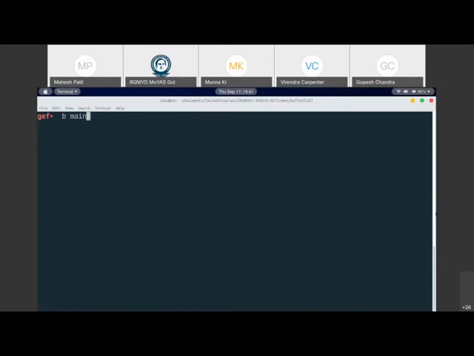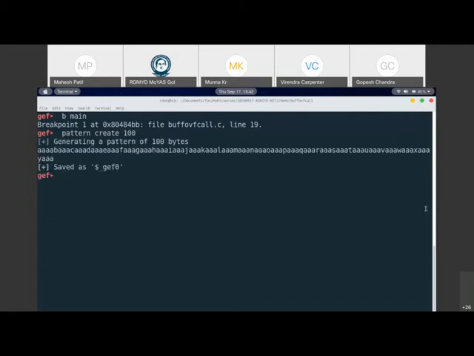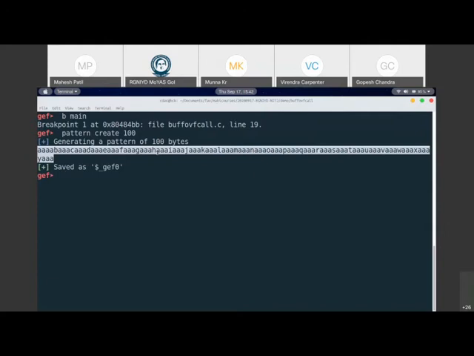So what I do is I put a breakpoint at the function name so that it goes and stops there, and I run the program. So I should run it with some argument. To get an argument, I can generate a pattern. So I say create a pattern of 100 bytes. So it generates a unique pattern of 100 bytes here. And this is what we want to pass to our program. So this r means to run the program with this argument. That is what I'm telling it actually.